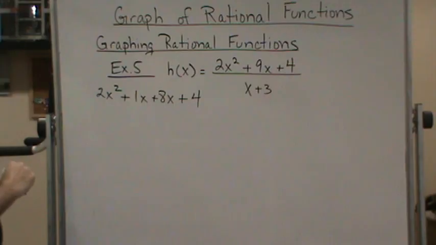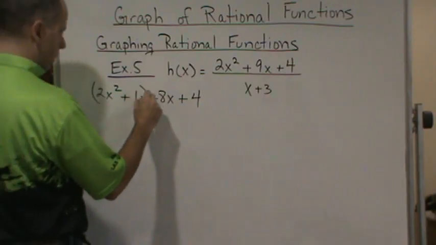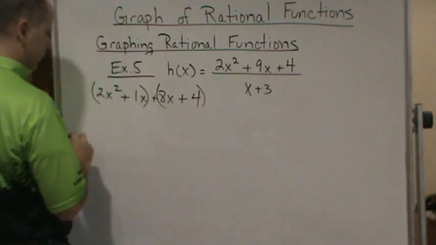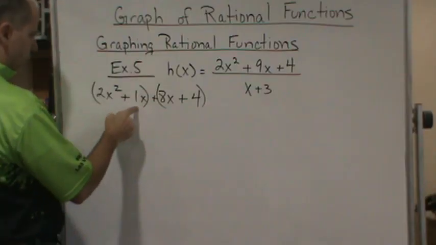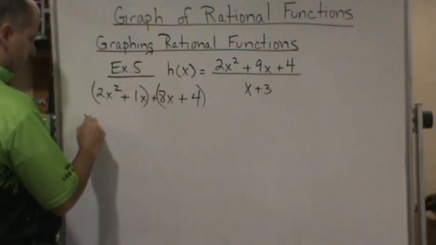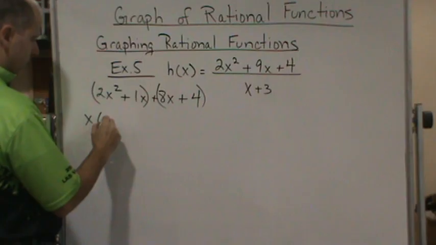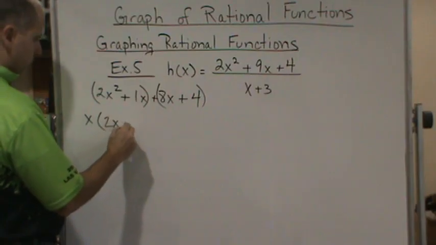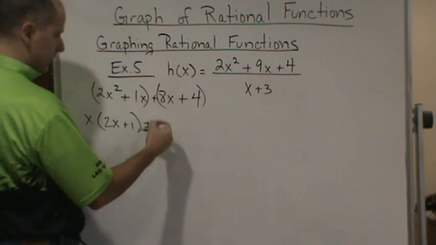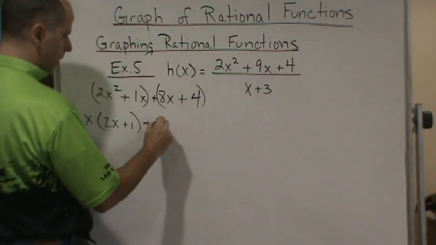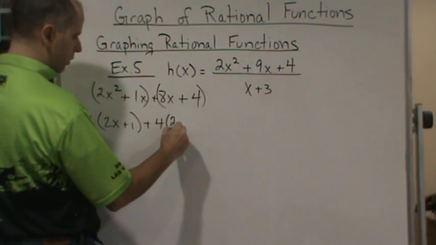Okay? So now let's group these together. And so now I'm going to factor out an x, which is going to give me x times 2x plus 1, plus, now I'm going to factor out a 4 here, which is going to give me